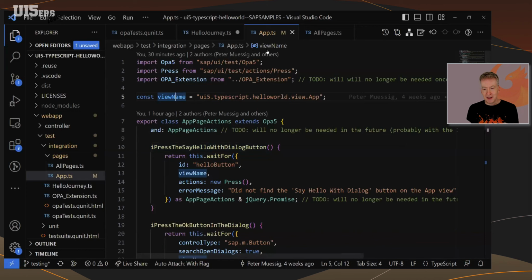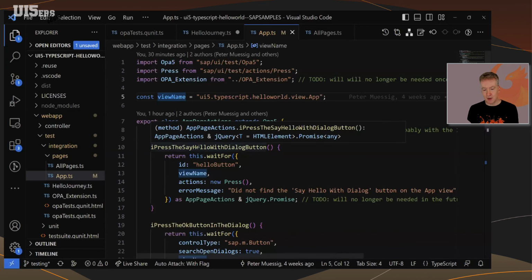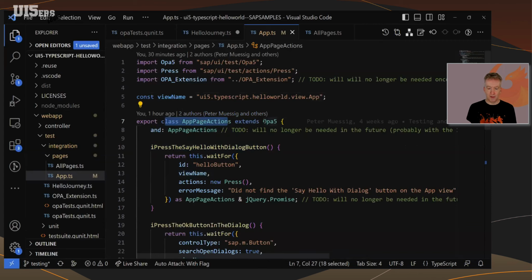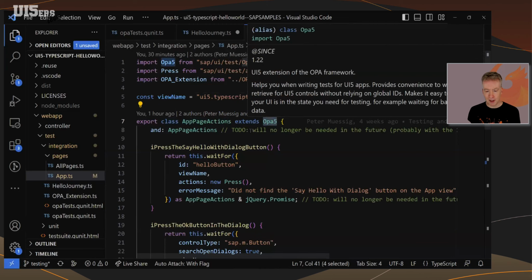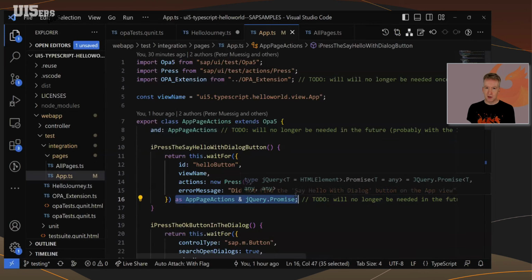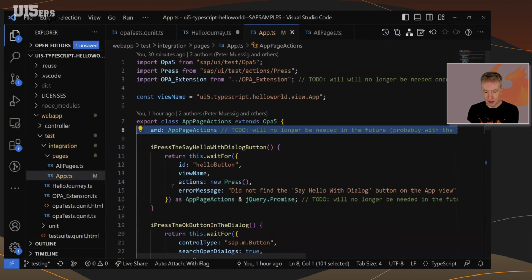So here in the page definitions, where you define the actions and assertions, we have made this a class that is currently inheriting from OPA 5, but there might be something changing in the next 1-2 releases to make it even smoother. For example, we want to get rid of this and this, and we also want to get rid of this casting, which we still have in the repository. So we are still working on the APIs, but in 1-2 releases, in 1.15 maybe, you should have a much smoother experience where you don't need this anymore.